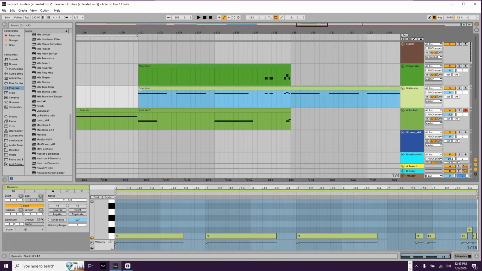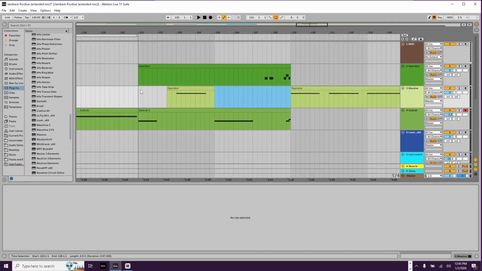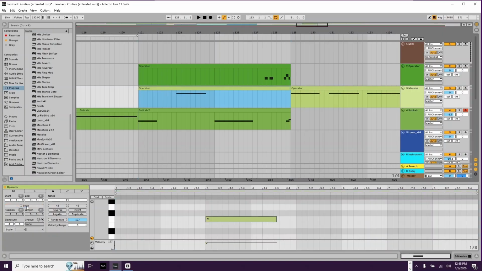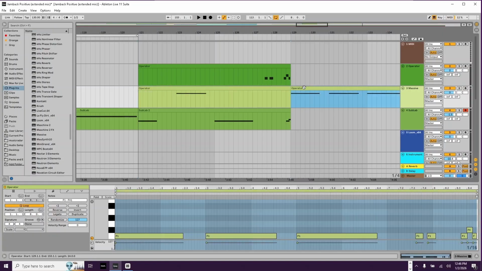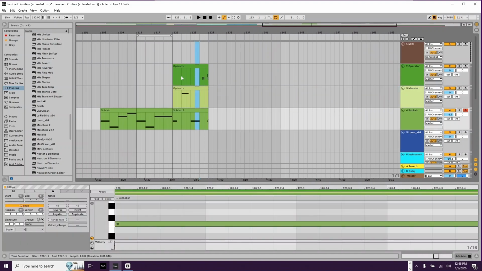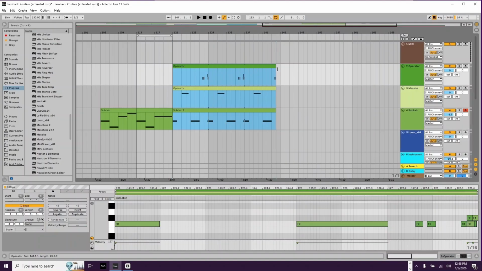Here, I'm going to get rid of all of this. I'm going to get rid of all of this. I'm going to select just this stuff, Control J, and loop. And then I'm going to get rid of this. Now let's listen. Let's grab all of these. Whoops. Stretch them out. Loop them and